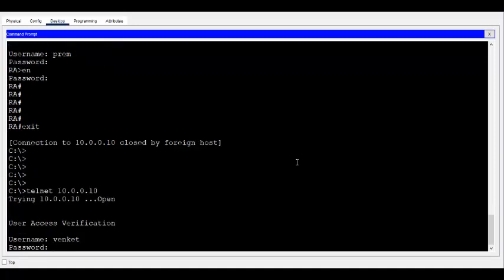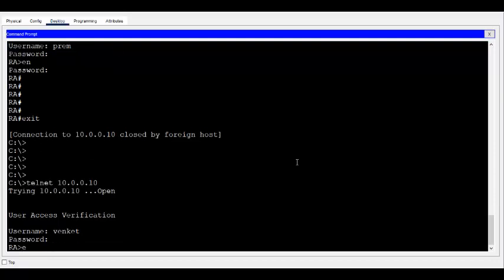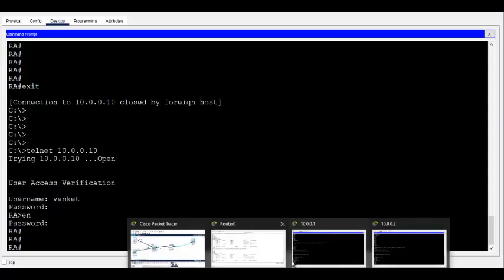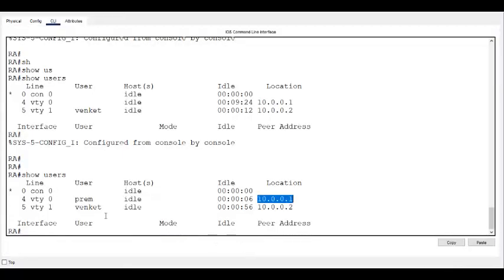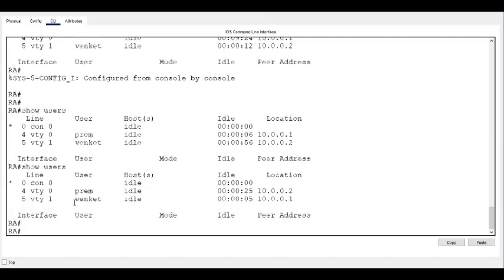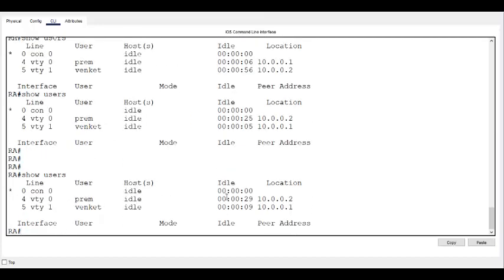Earlier, 10001 was with Prem, but he swapped the computer. So you can even say which computer Prem used and how long he is using. 29 seconds. Try again. 55 seconds. Prem is logged in via telnet. Venkat is logged in 35 seconds. All right. So